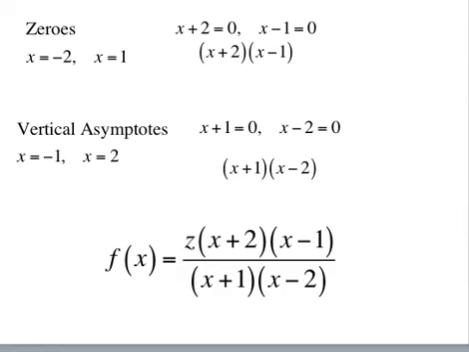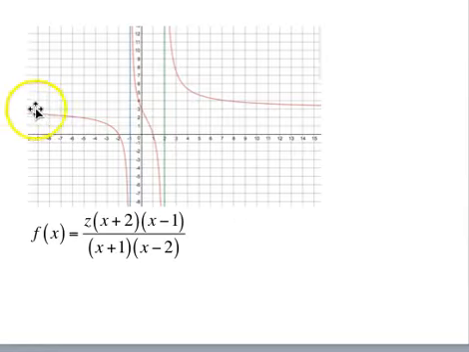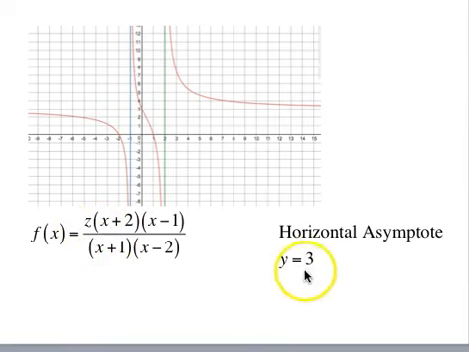So let's go back and look. We have a horizontal asymptote here at y equals 3. So the ratio of the highest power of the top to the highest power of the bottom should be 3. If we multiply everything on top, we're going to get x squared plus stuff. Multiply everything on the bottom, we're going to have x squared plus stuff. So the highest power of the top is x squared, the highest power of the bottom is x squared. Therefore, z is going to have to be 3